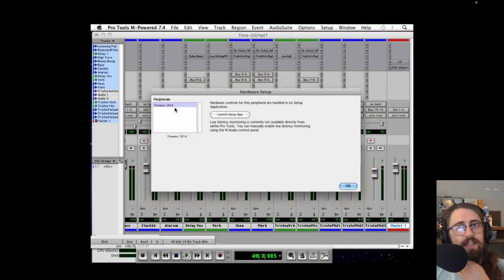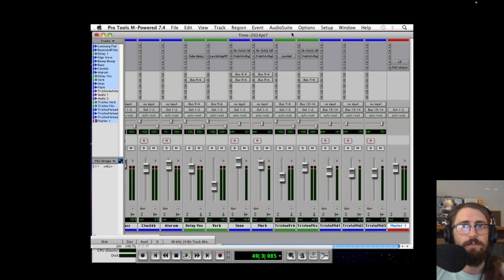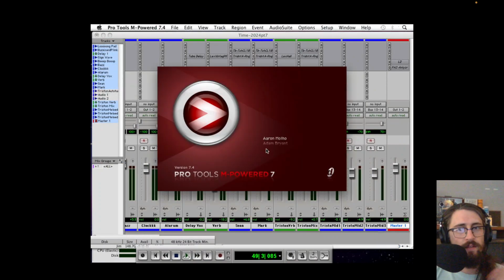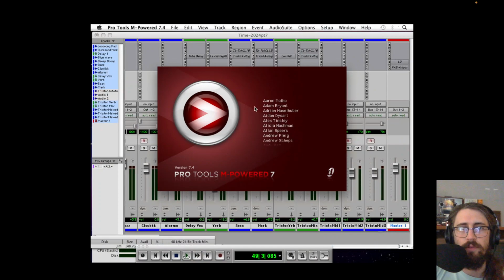Yeah, you had to use the hardware. You could only use DigiDesign hardware or specific vendors, and M Audio was one of the specific vendors, and they made an entire version of Pro Tools specifically for that hardware, and it was the Pro Tools Empowered, and it's just how it was, you know. All these people worked on this.